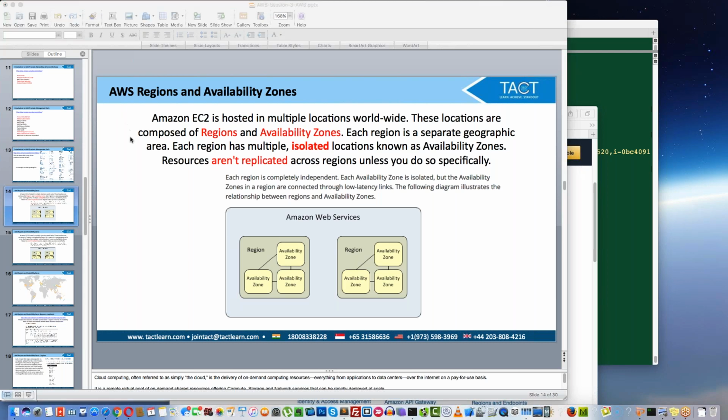That is, if you provision a computer in Mumbai, it will not get duplicated in another region. It will always be in that location. Okay. Each region is completely independent. Each availability zone is isolated, but availability zones in a region are connected using low latency link. Supposing you have,